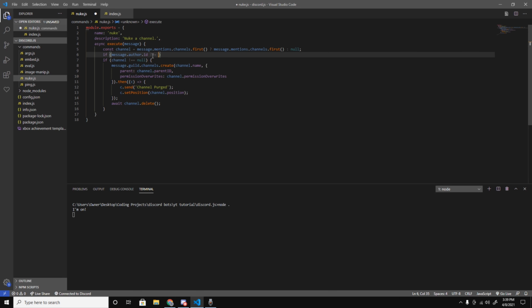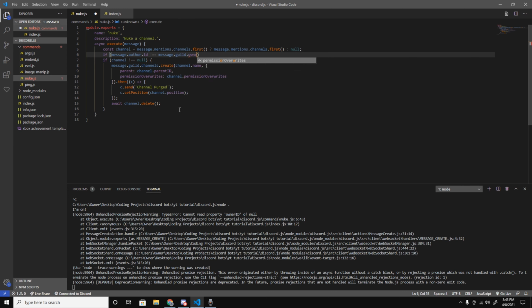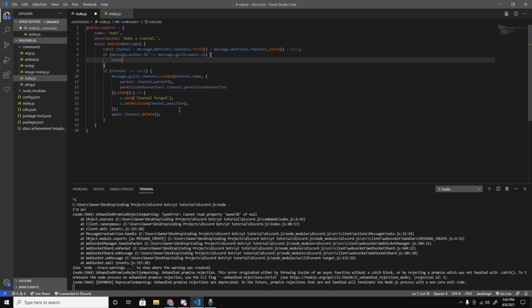So real quick, what we're going to do is if message.author.id does not equal message.guild.owner.id, then you're going to return message.reply, only the owner of the guild can use this command. So that should work. Now also what you can do is on this if channel does not equal null, you can add an else